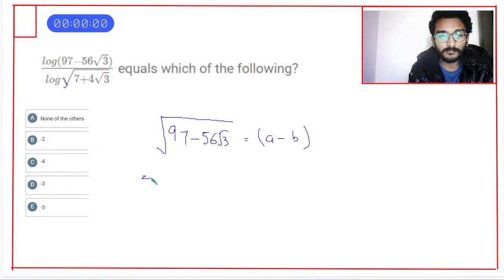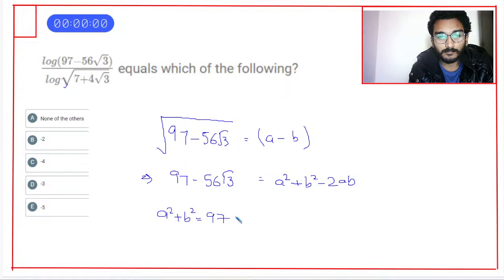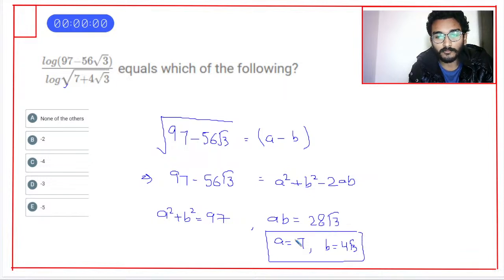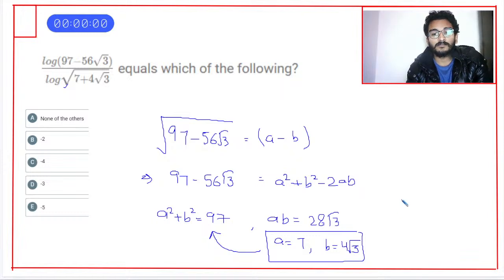मैं इसका स्क्वायर रूट निकालने की कोशिश कर रहा हूँ। सो व्हेन आई डू द स्क्वायर ऑन बोथ साइड्स, a स्क्वायर प्लस बी स्क्वायर माइनस 2ab, तो a स्क्वायर प्लस बी स्क्वायर आता है यहाँ से 97 और ab भी आता है मेरे पास 28 रूट 3। सो व्हेन आई do a hit and try approach, a equal to 7 and b equal to 4 root 3 will satisfy both of the equations. इसको आप चेक कर लो, ये बनेगा 49 प्लस 48। तो ये दोनों वैल्यूज इसके हिट एंड ट्राई अप्रोच से मैंने निकाल लिए।